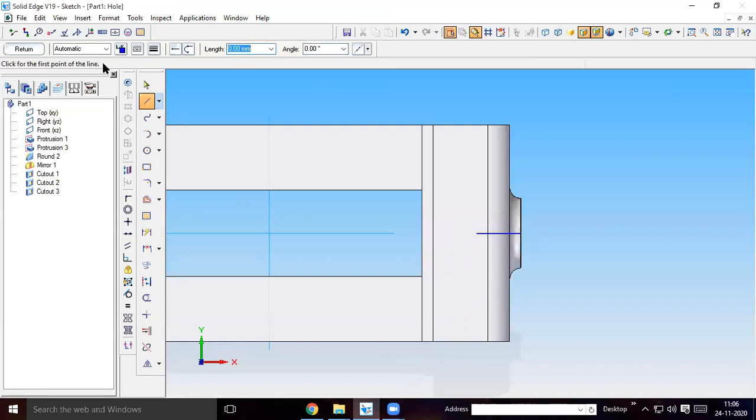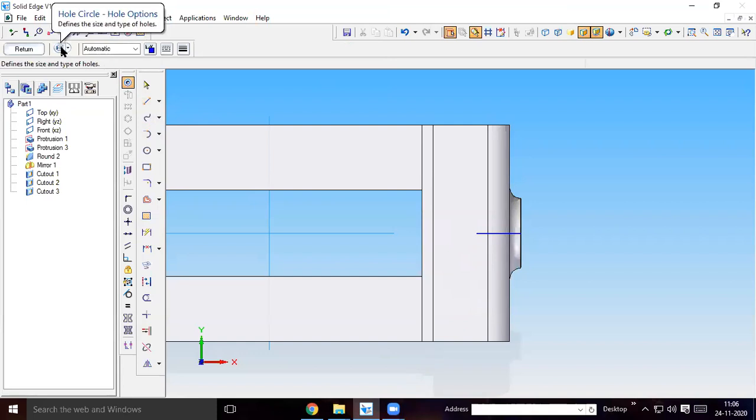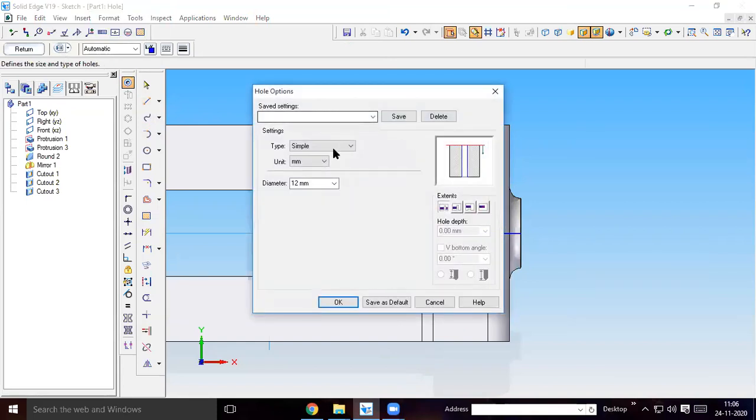Okay, so here you have to click on this hole option, define the hole. Countersink hole: sorry, 3 mm is the diameter of the hole. Countersink diameter, let me give 1 mm more than that. Okay, this is the diameter of the hole. Countersink diameter you give 4 mm. Okay, countersink angle, you select standard angle 82°.